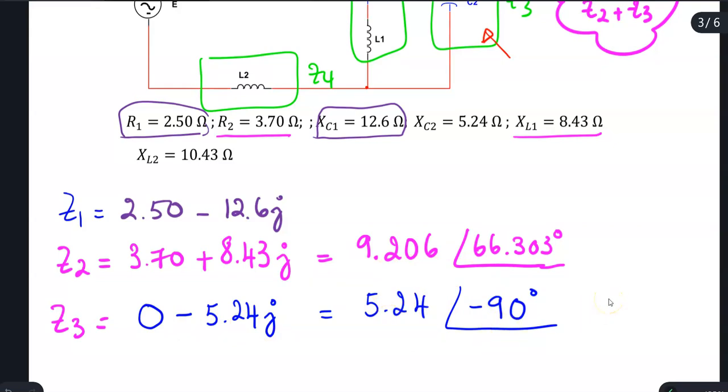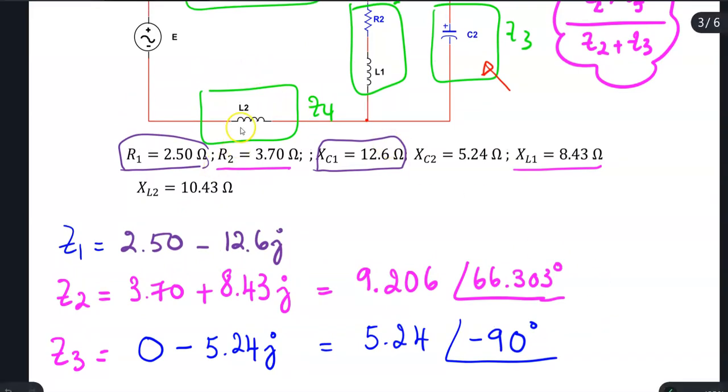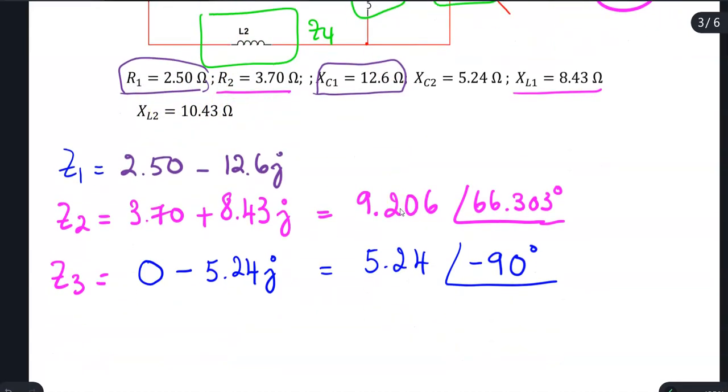Okay, now for Z4, I just have the inductor, and it's given the inductive reactance value is 10.43. So then my Z4 will be equal to,